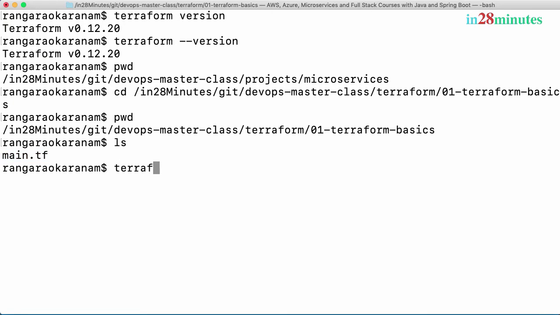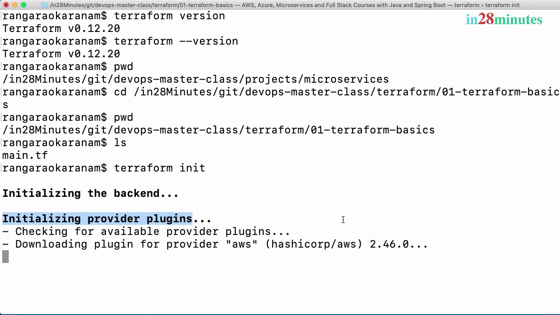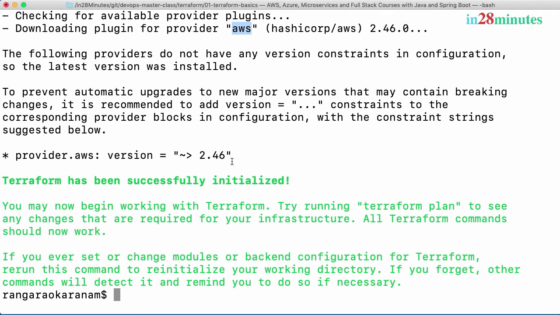And now over here, I can do a terraform init. You can see that terraform init does something called initializing the backend. We will talk about what a backend is a little later. For now, you can see that it's initializing provider plugins. We configured AWS as a provider. So what it's doing is downloading the plugin for the provider AWS. For each of the providers, there are different plugins available. And right now, what is happening in the background is the provider for AWS is being downloaded. And you can see that this specific version which is downloaded is